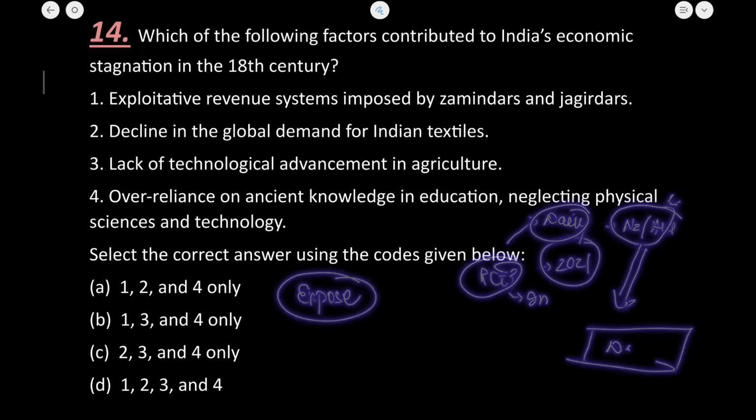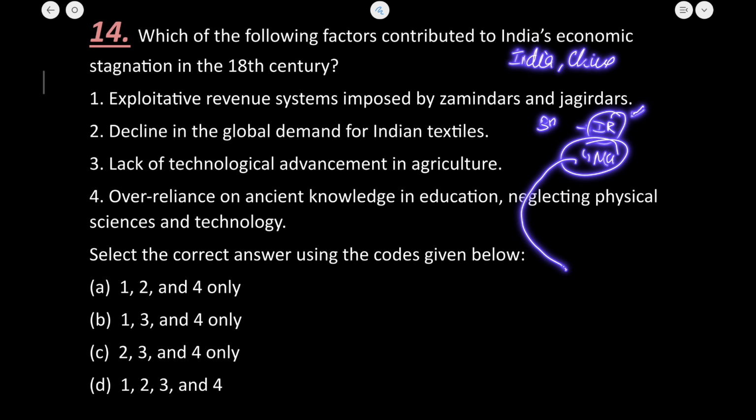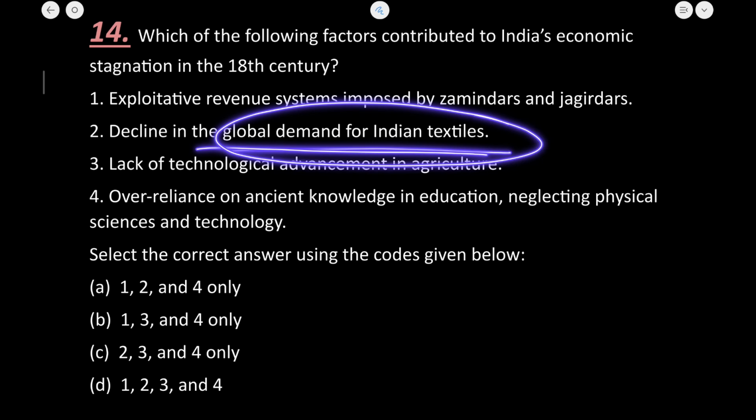And this is the reason. At that time, what did British India do? When the Industrial Revolution happened, they massively started to make machines and massively started to make manufactured goods. The raw material was exported from India, and final goods were made, and these final goods were introduced into the Indian markets at minimal cost, similar to or even lower than Indian goods. So during the British times, the global demand for Indian textiles collapsed.